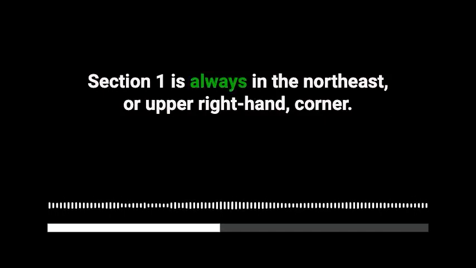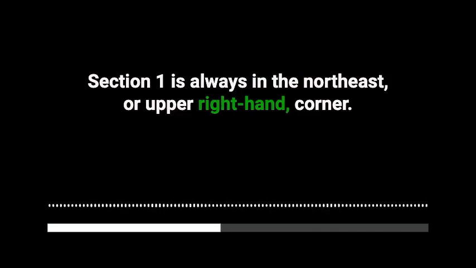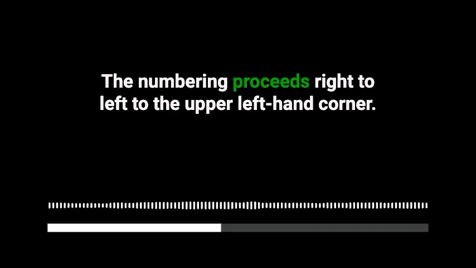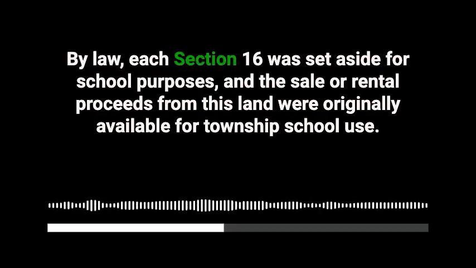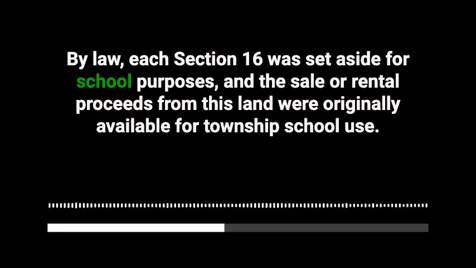Section 1 is always in the northeast, or upper right-hand, corner. The numbering proceeds right to left to the upper left-hand corner. From there, the numbers drop down to the next tier and continue from left to right, then back from right to left. By law, each Section 16 was set aside for school purposes, and the sale or rental proceeds from